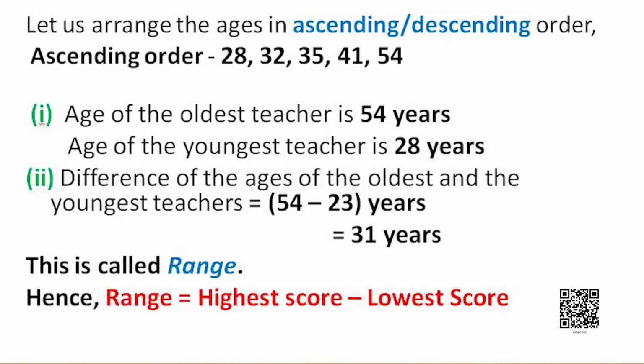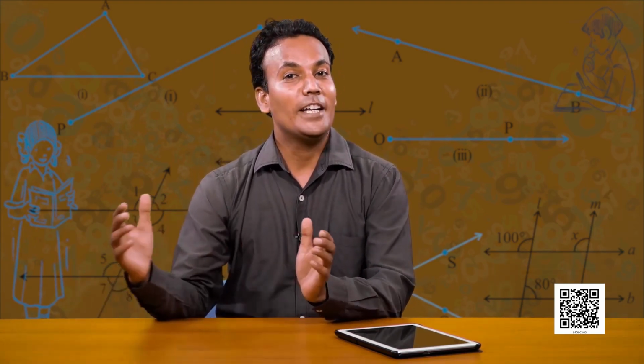So what did I do? It was not very easy to just see all 5 numbers together and find out. So I arranged them. How did I arrange them? There were 2 ways, and you have also studied it. Either I could arrange them in ascending order or in descending order. Then I could find the highest and the lowest number, so I could find out who is the youngest and who is the oldest. It would also be easy to find the difference between the highest and the lowest age.